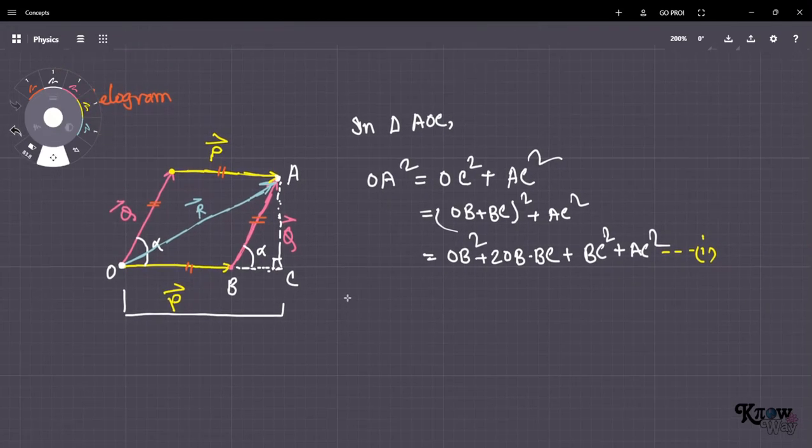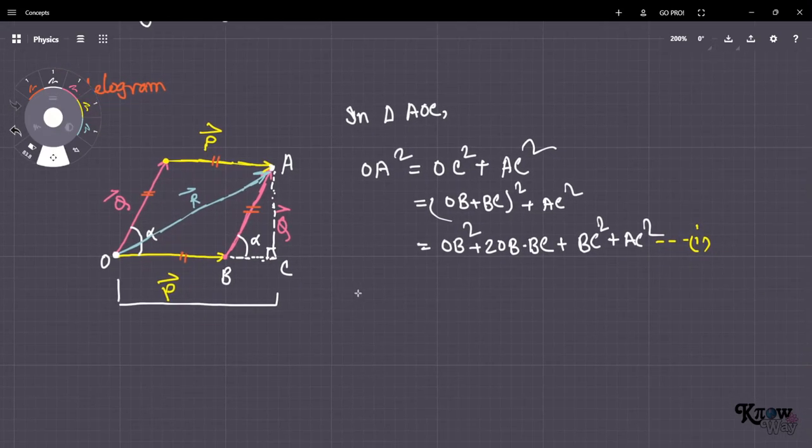And we will now look at another triangle. So what triangle are we looking at right now? We have to cancel out these things, BC and AC. We have to cancel out these things, right? To cancel them out, we can work with this particular triangle and try to cancel them out. So let's work with triangle